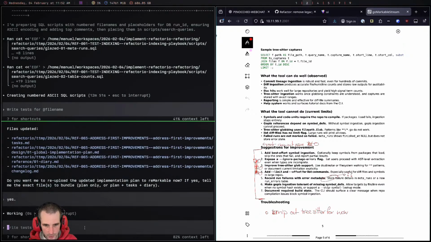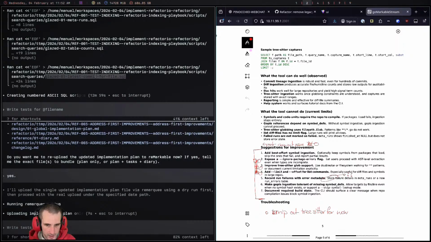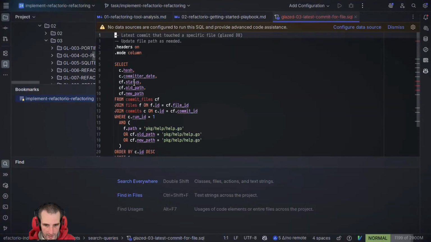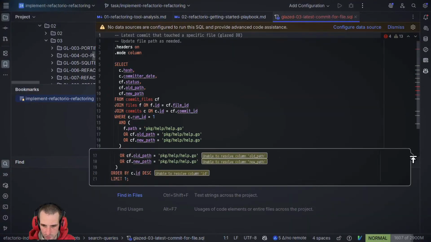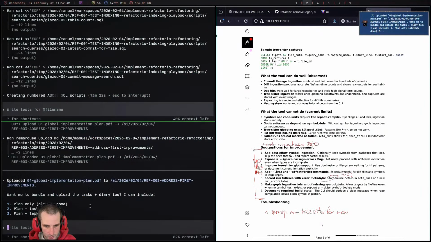yes, re-upload, and then here it's starting to write its queries, right? So the fact that I now have SQL code starting to appear is going to be really useful, because now, for example, I have latest commit for a file, so I don't even need to have information about it, right? It's just going to be like, hey, okay, that's cool. I can start playing with it. If I was really courageous, I could start configuring the data source and all of these things. But I'm not. So upload plan bundle of all